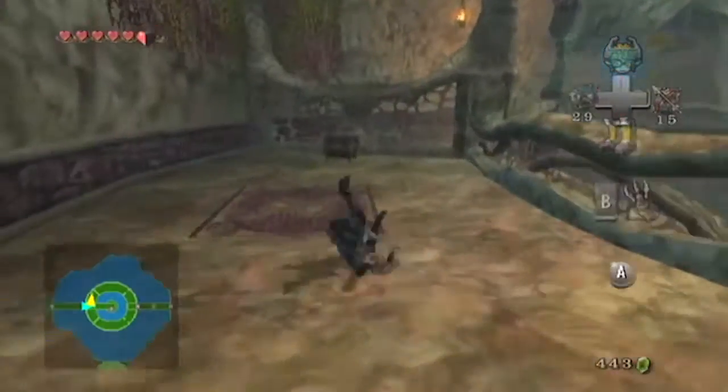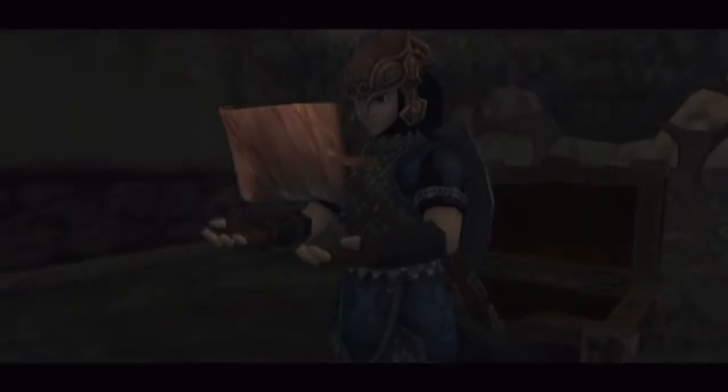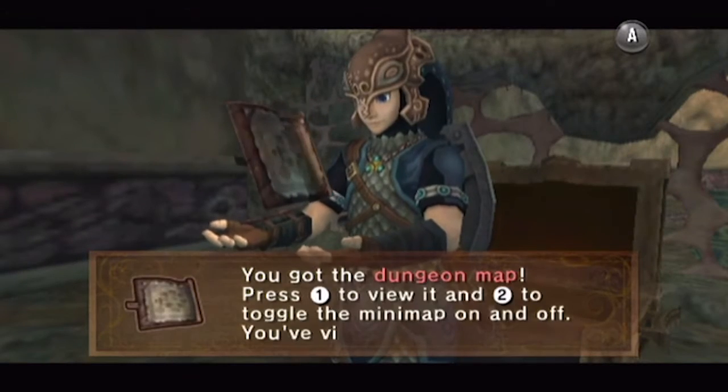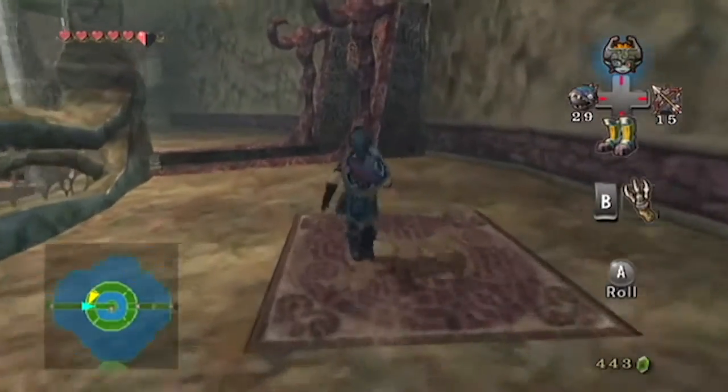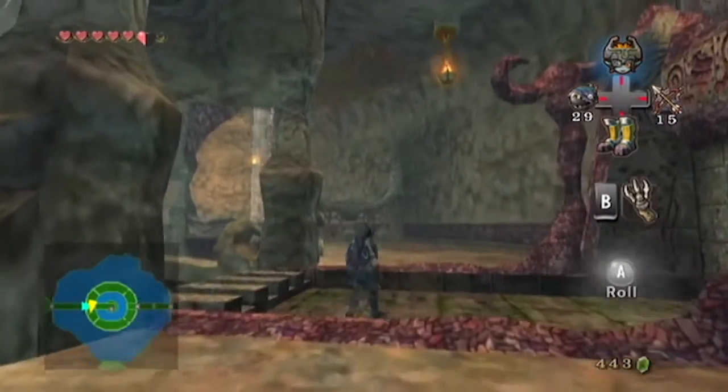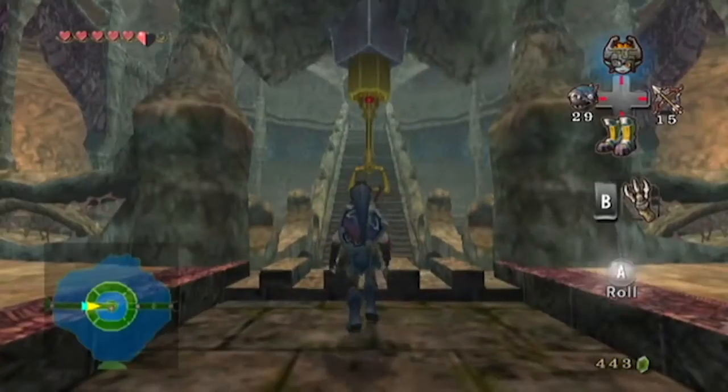To our left here is actually a chest. Let's crack it open. And that gives us the dungeon map. Useful maybe to you, but not to me, because I know what I'm doing. And if you're following me along, you kind of know what I'm doing too. But what we need to do now is...